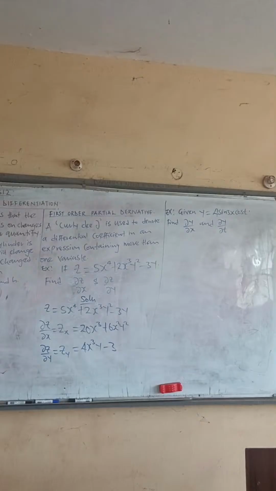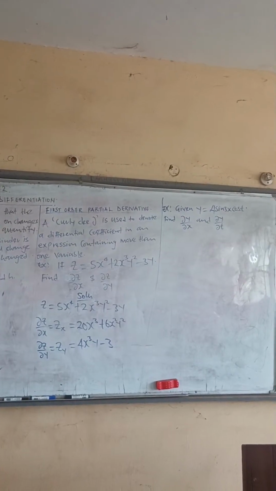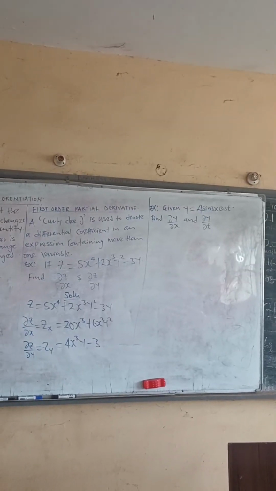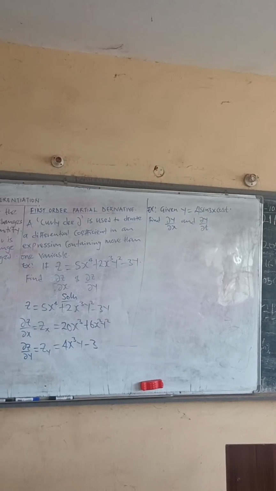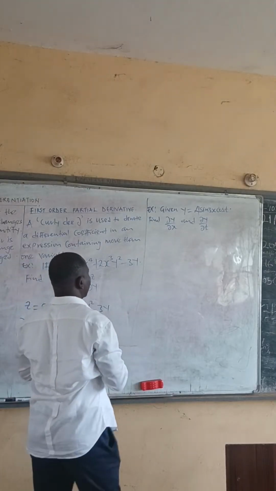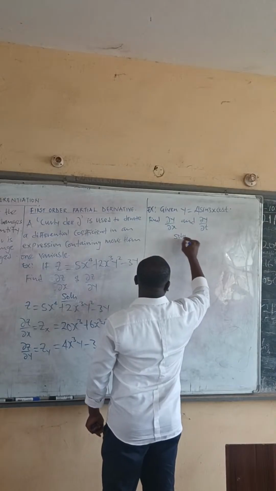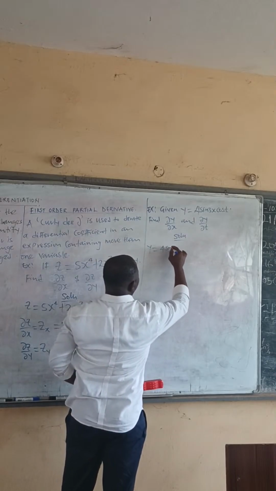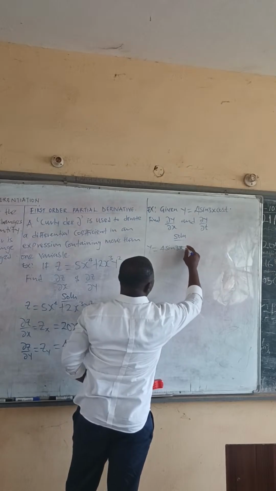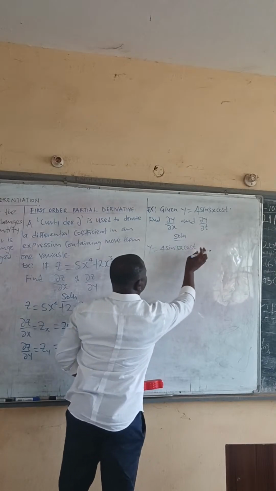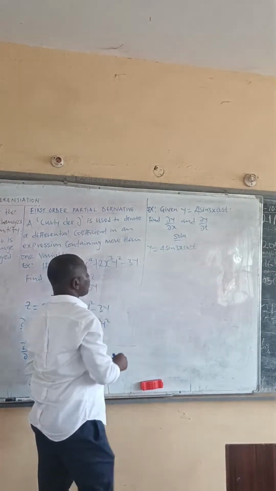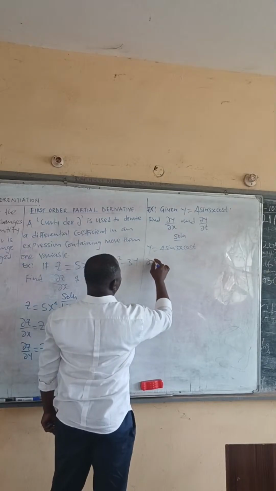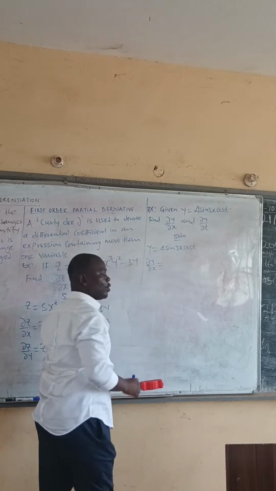It's the same approach now, but this one includes trig functions. Okay, let's look at it together anyway. Let's write the solution. You can now see that we have to differentiate this partially with respect to x and t. So our partial y all over partial x is equal to